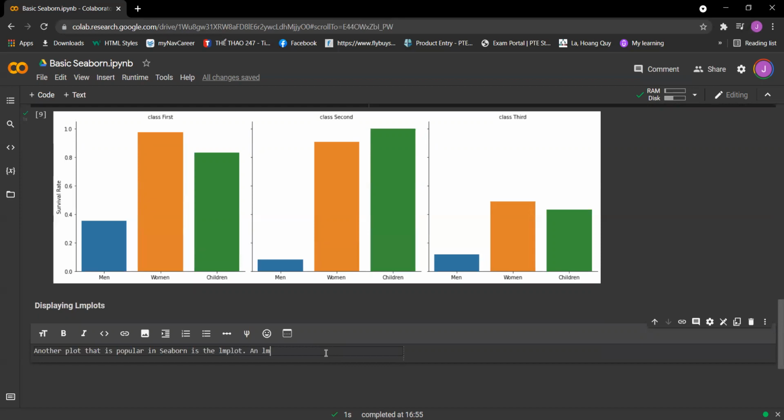An lm plot is a scatter plot. So using another built-in data set from Seaborn,